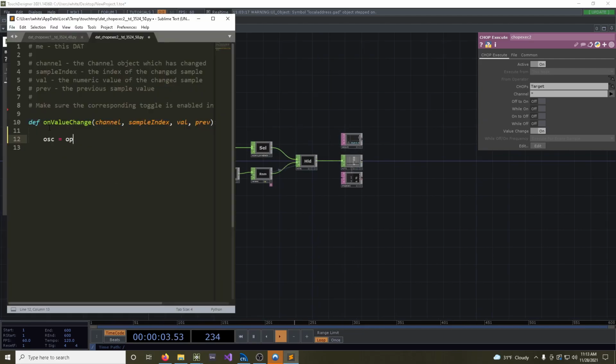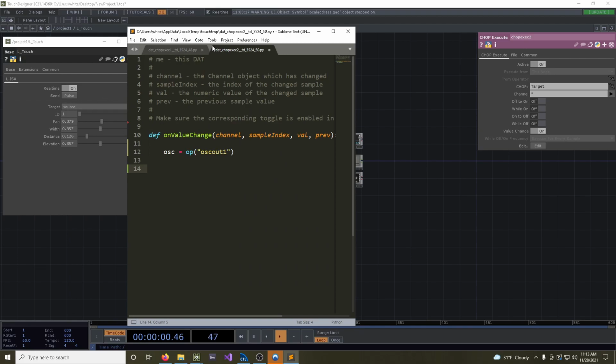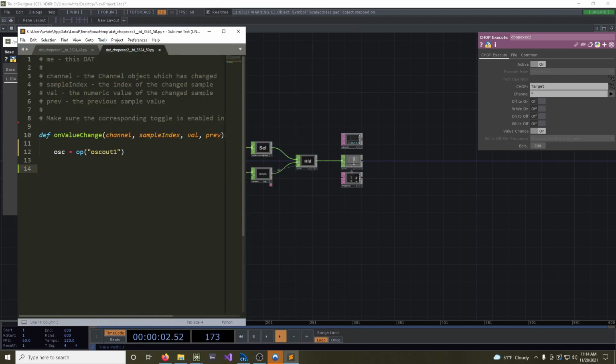So OSC equals OSC Out 1. I'm going to need the target ID so I know which group to turn the control flags on and off for. Target ID equals